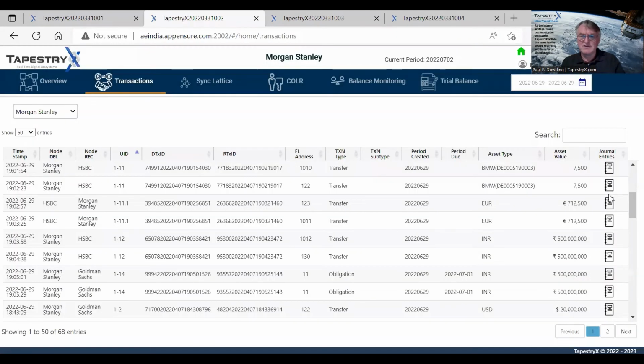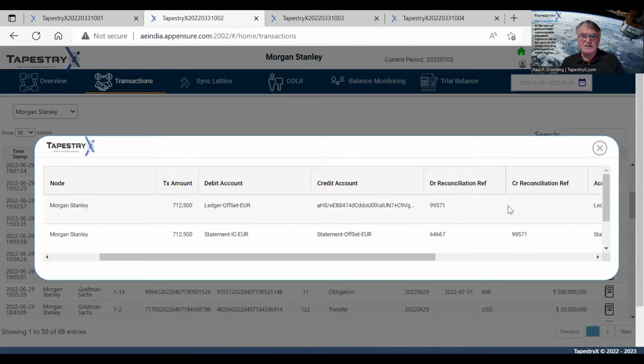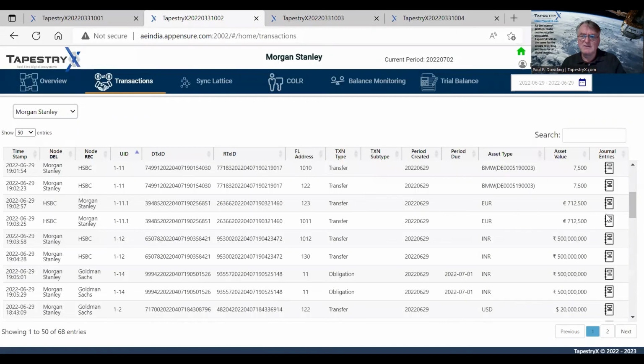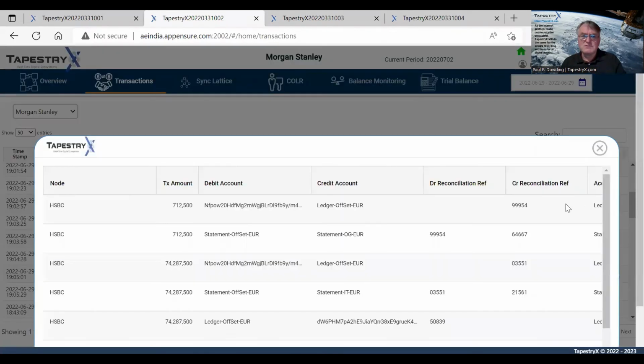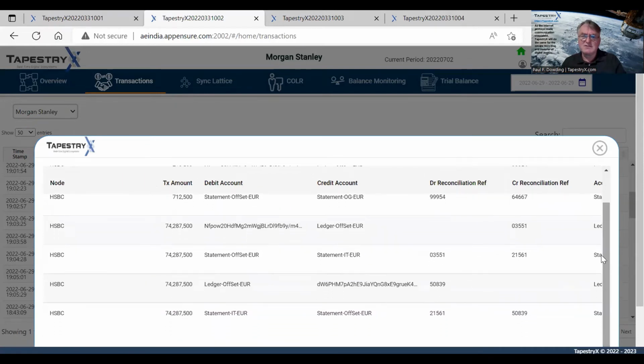On the other side of the euros, if you look at the accounting, you've got Morgan Stanley receiving the euros, which is 712,500. But from the other side, we'll actually see a bit more accounting, because from the Morgan Stanley side, they actually debited and passed on the 712,500, but they had a $75 million asset lot. So at that point, rather than just reducing the asset lot, we effectively debit it with the net amount and create a new net asset lot that Morgan Stanley would keep.